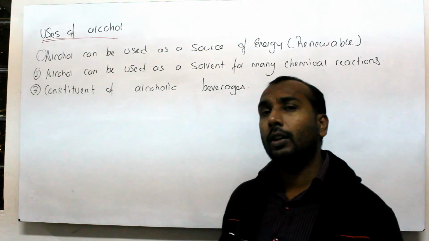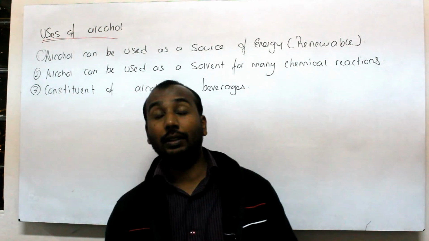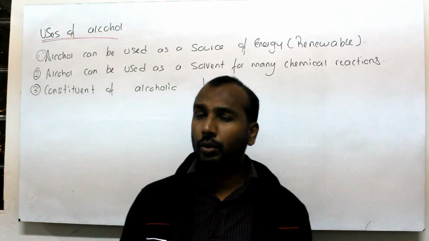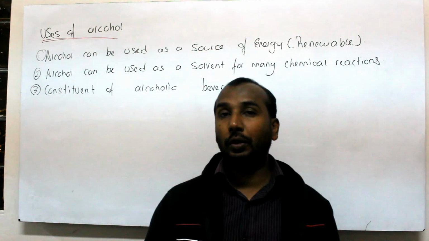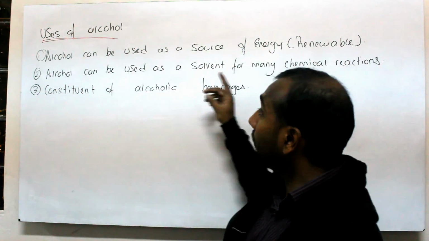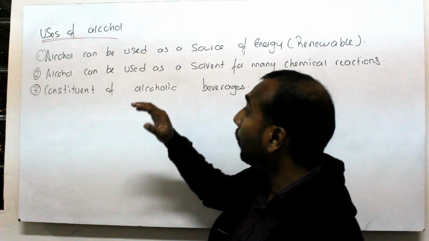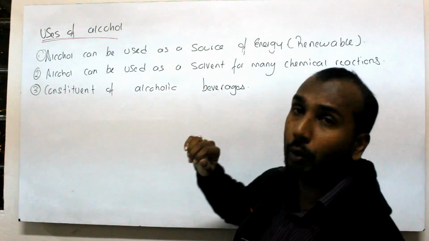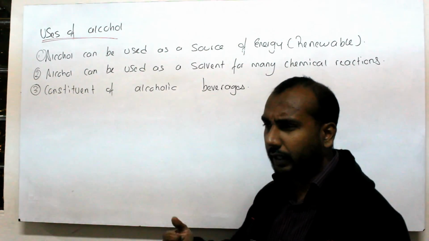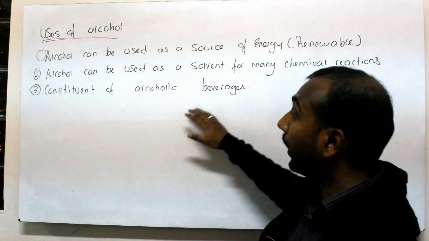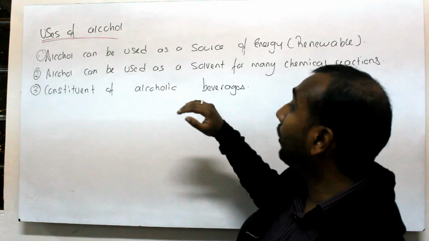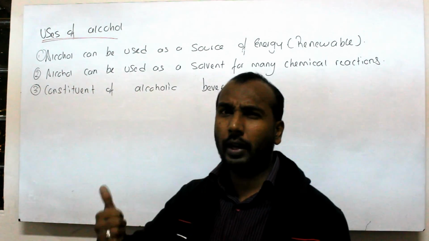But the advantage of using alcohol as compared to petroleum is that it can be generated from fermentation of glucose, and the glucose in turn is obtained from photosynthesis, and therefore it becomes a renewable source of energy. The second way we can use alcohol is as a solvent for many important reactions. For example, we can use alcohol as a solvent in paint, varnishes, etc. The third important use of alcohol is in alcoholic beverages such as wine, whiskies,